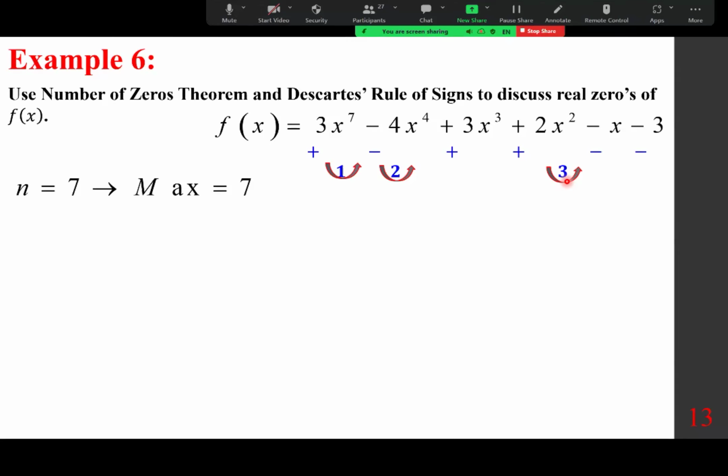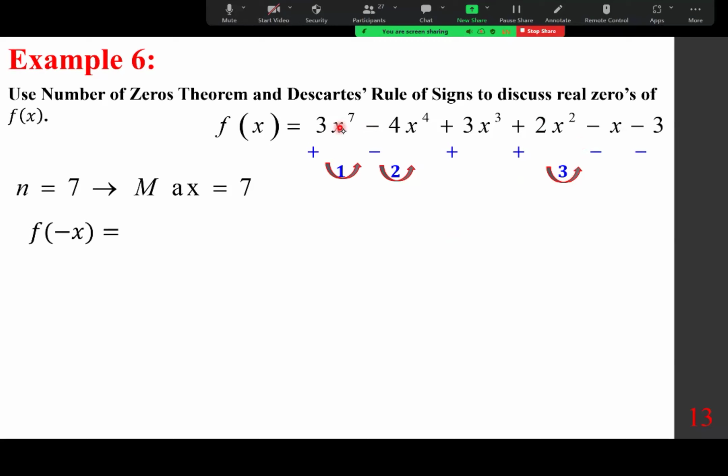What does that mean? The number of positive real zeros is either 3, or you go down by 2. You always go down by an even number. So 3 or 1, and there's no number less than that. You can't go negative. That's for the positive. What do you do for the negative? Replace the x with negative x and calculate